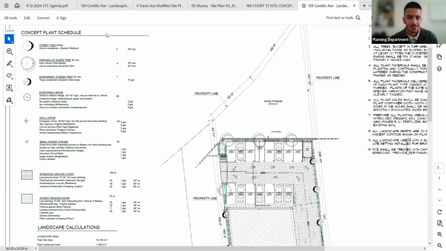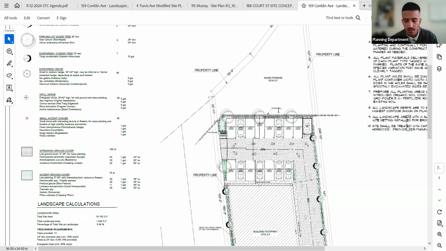cut into some of the landscape buffer, and that can be seen in the plan right away. If you look between the snow storage and the flood wall, they're providing about 3 feet of landscaping there.